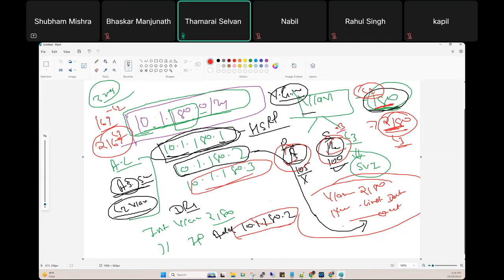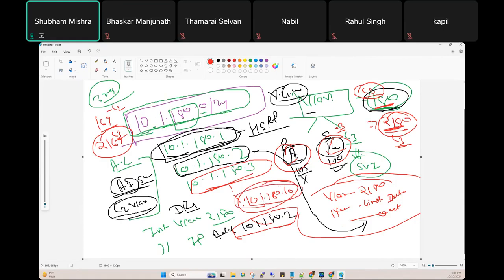Now, what will you do? .3 is reserved. So you just take some IP for the backup, for example 10.1.180.10. Generally we do not assign .10 to any device.